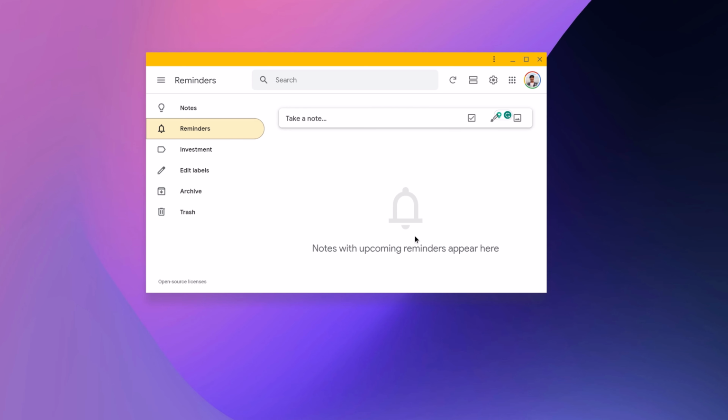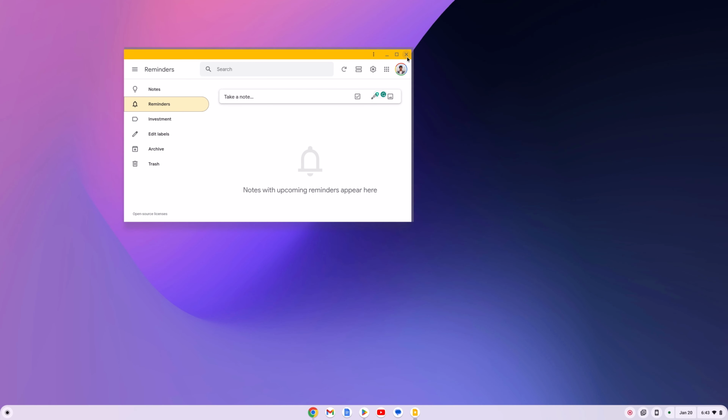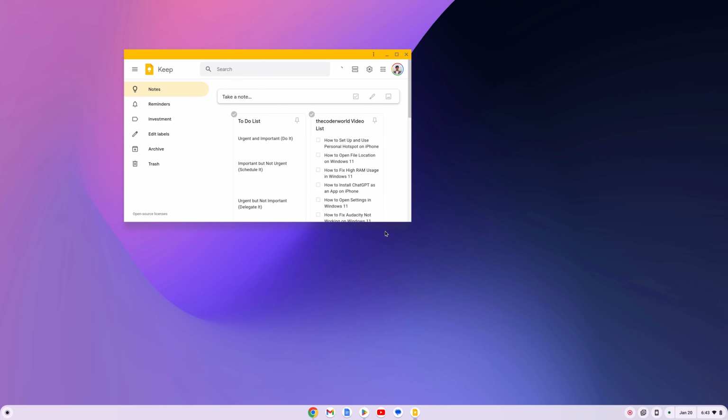If you want to pin this application, you can simply right click on this icon, then click on pin. Now to launch it quickly, you can simply use this. You can also open Google Keep from the app launcher. For that,